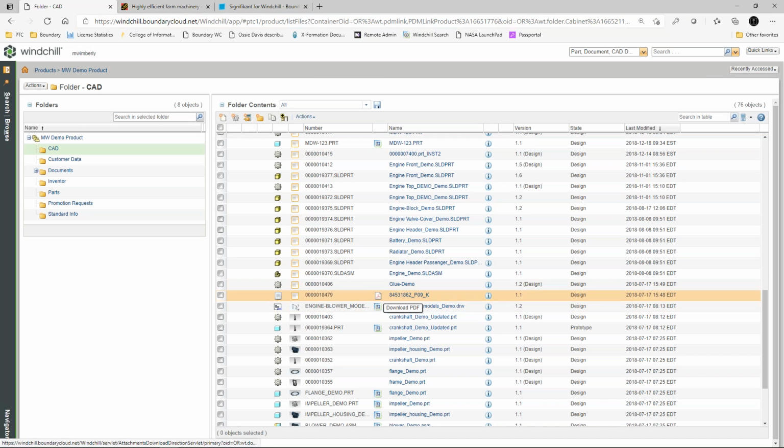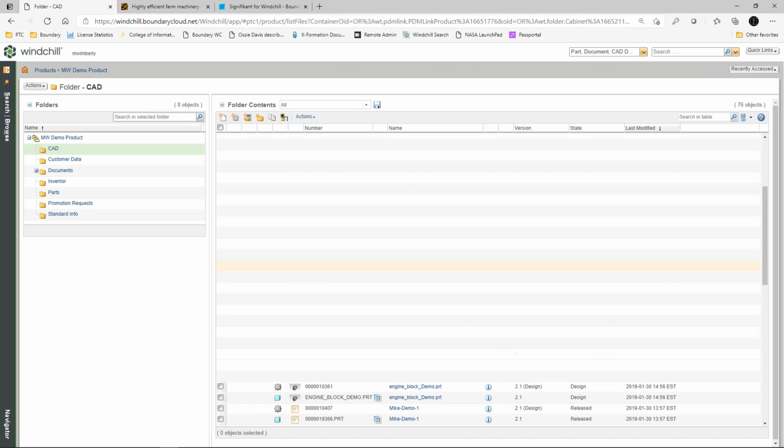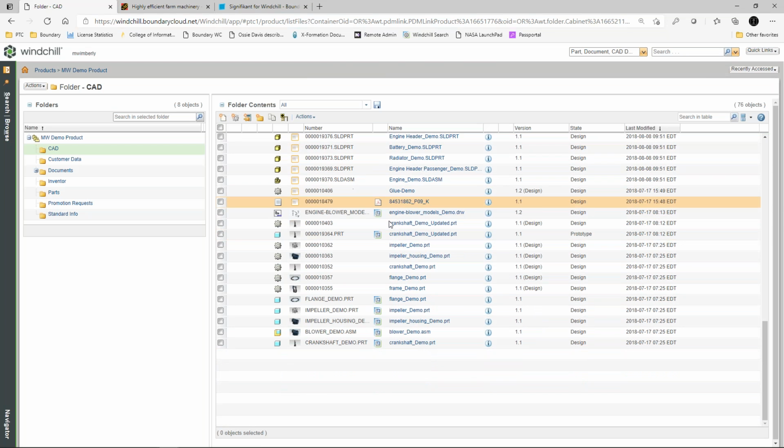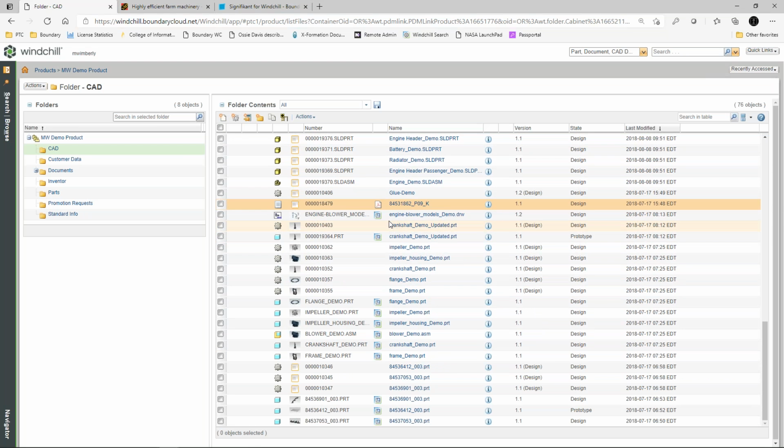You can see there's a PDF file. Somewhere up here is an Excel file. I always tell people, anything that is an electronic file can be stored inside of Windchill because you can attach it to a document inside of Windchill and store it, and maintain the revision history of that file. So yeah, if you have a movie file or FEA that you've gone through and run,